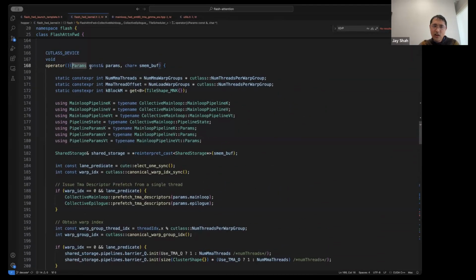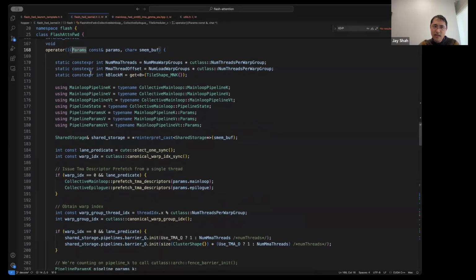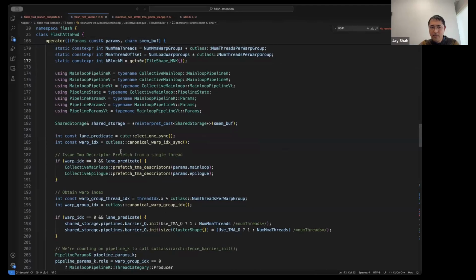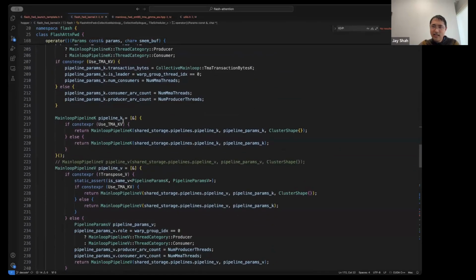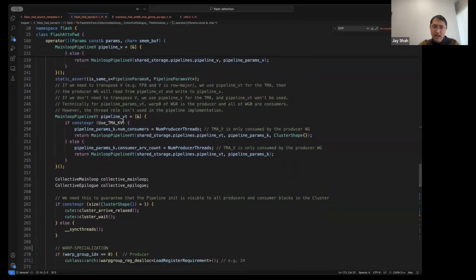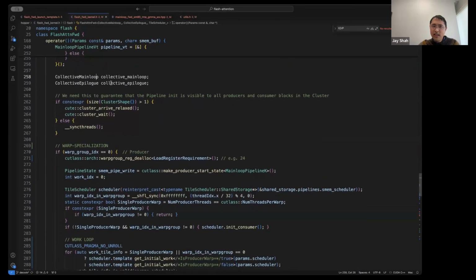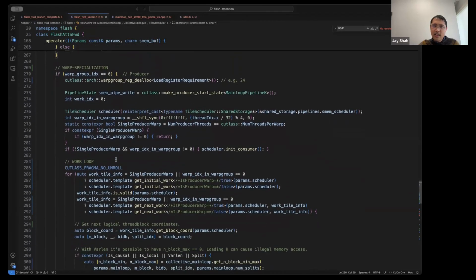It starts here, where I set up a bunch of things related to the pipelining, and I initialize the pipeline objects and the collective main loop and collective epilogue. I sync threads, and then I separate into producer and consumers. So I have my producer warp group. I invoke the relevant Cutlass method to do the register deallocation.